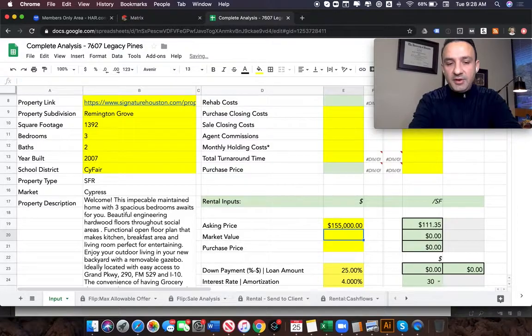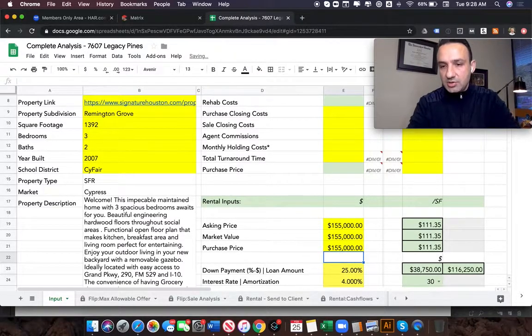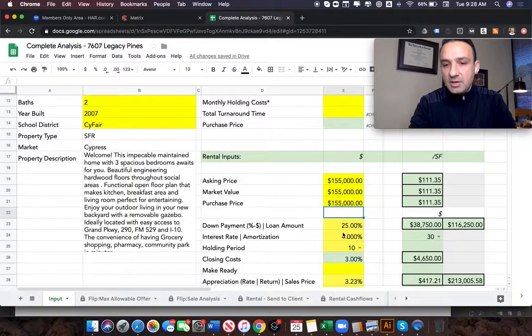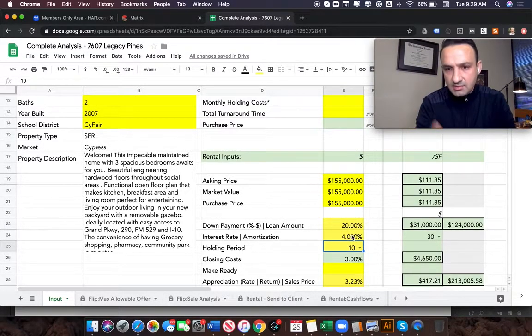We determined that the fair market value is also $155,000 for the property, and we're going to run the analysis in the beginning at that price just to see what the numbers look like. Right, so here we're assuming 25% down. We can do it with 20 as well. And the interest rate that we saw as early as yesterday was 4% that we could get on an